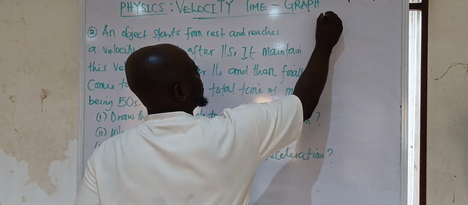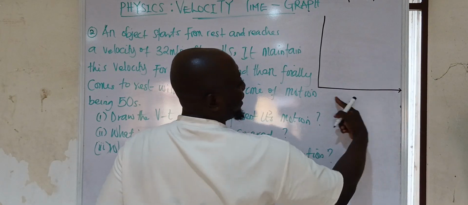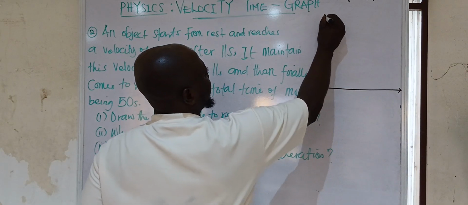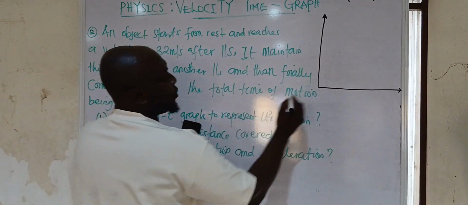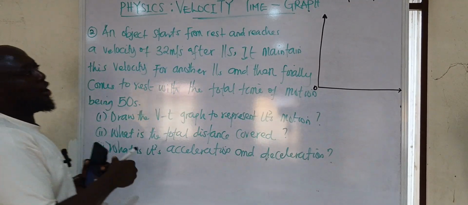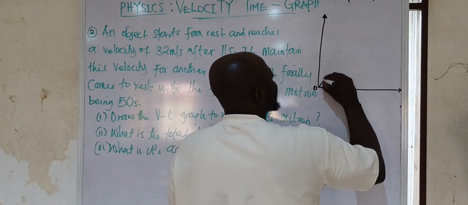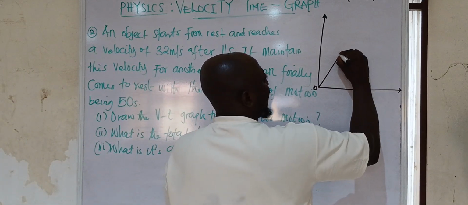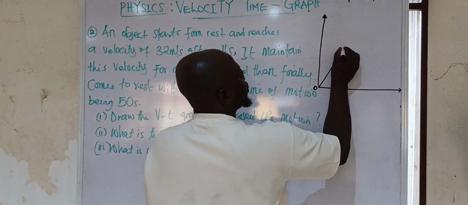So let's get this one drawn out here. So I have this. This is my time and this is my velocity. We said that an object starts from rest, that means from here, 0, and reaches a velocity of 32 in 11 seconds. So it starts from rest like this. This is where it reaches, and then reaches this point at 32